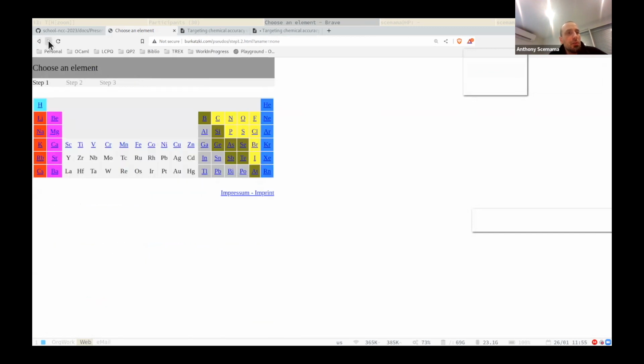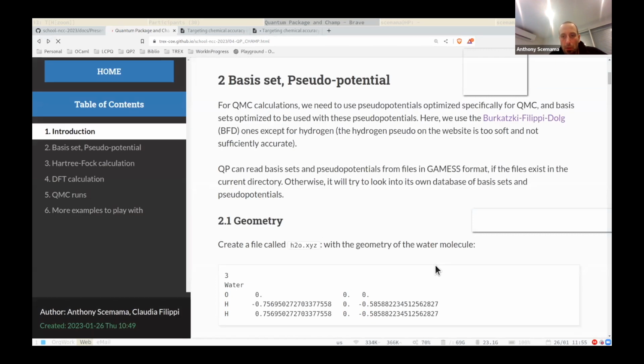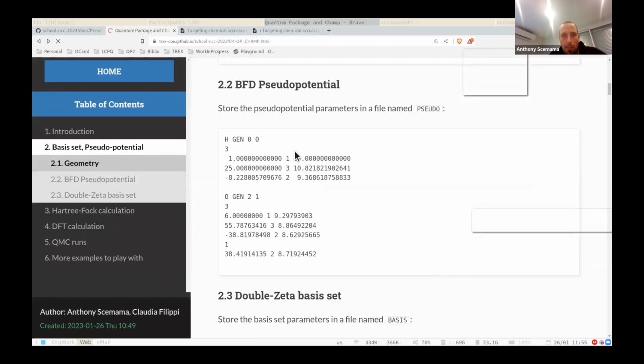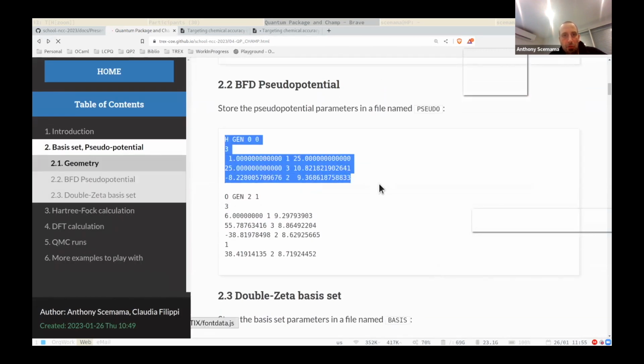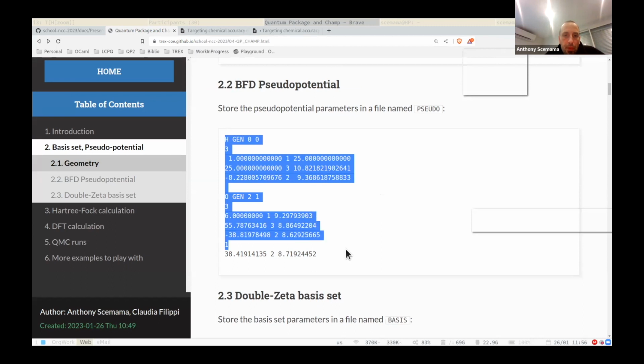So yes, this website hasn't been updated, so the hydrogen is not the best one. And so this is why here we provide the pseudo-potential parameters for the hydrogen, which are better. And so they are written here in GAMESS format.